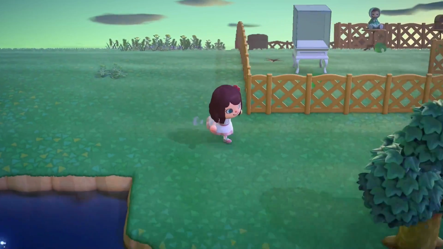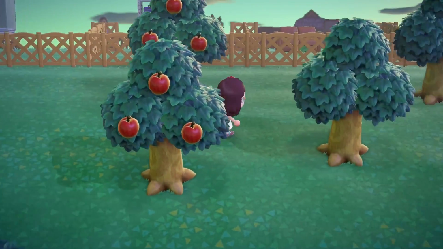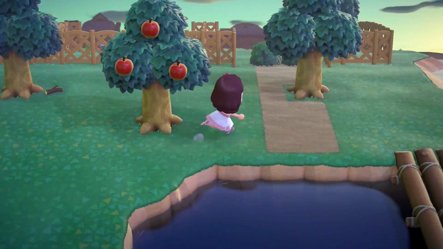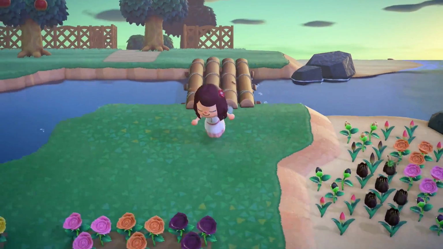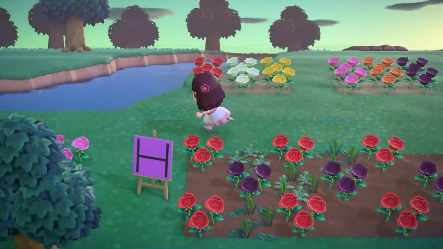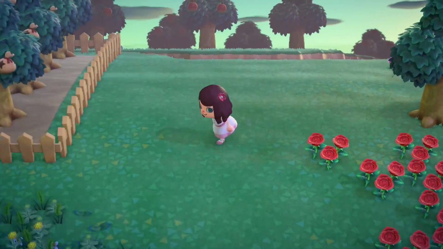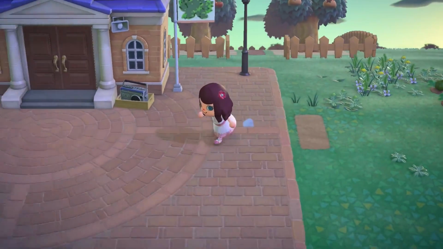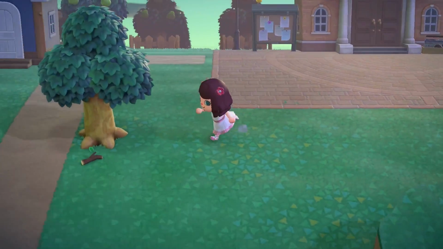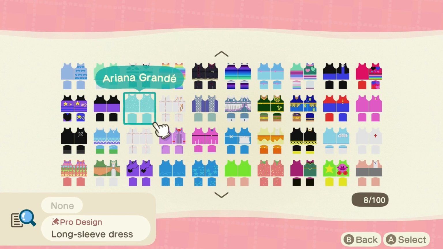Once you've found some custom codes you like that you think are going to work, now you want to get them all into your custom design app to use on your island. There are two different ways that you can search for these. You can either enter the design code or the creator code, otherwise known as MA and MO codes. MO codes are for the designs themselves and the MA code is your creator code.